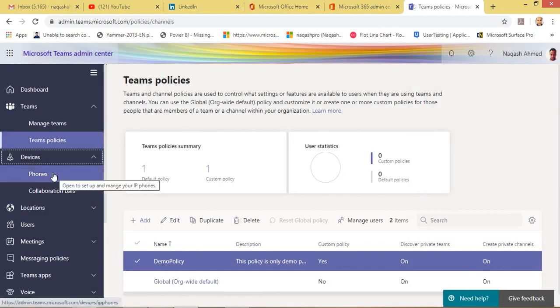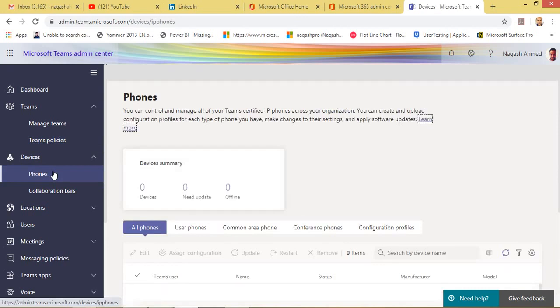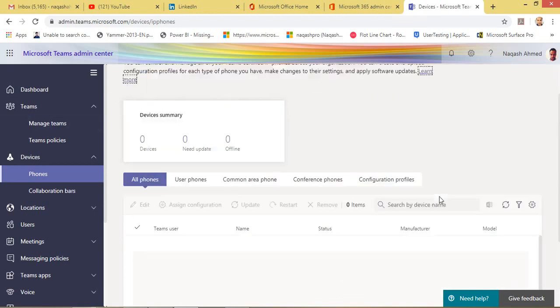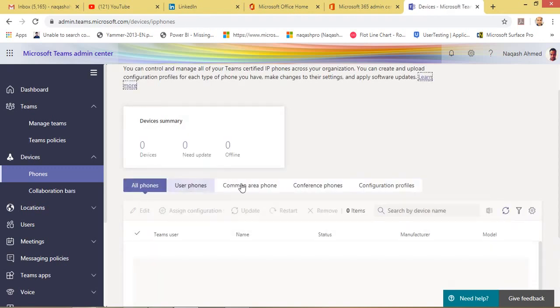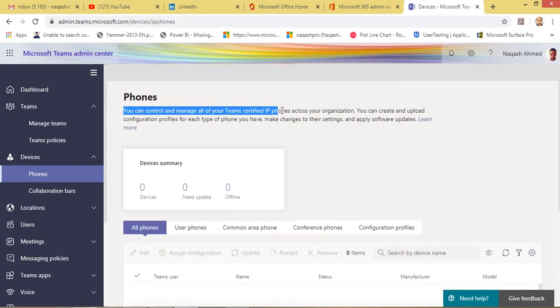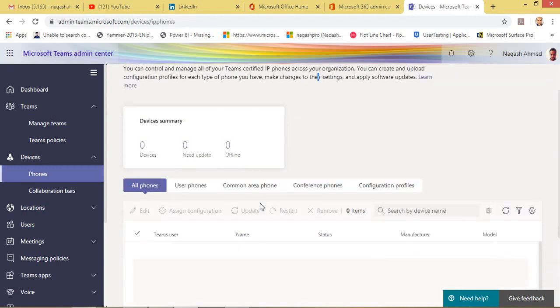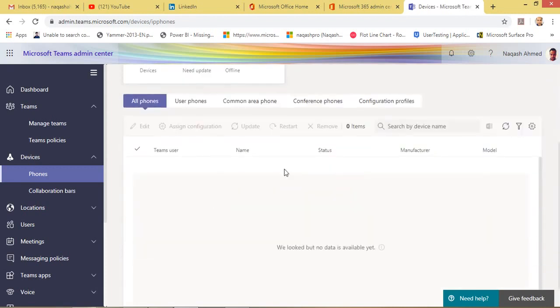Let's go to the next section, devices. In devices, it's about how you manage the devices in your organization, because in Teams it is all about calling and having conference calls. So you need devices like IP phones, conference phones, projectors, anything. You can add those here, because right now I have no phones here. It's an optional step, but it's a good thing to use. You can manage all your phones, your settings, and your policies for your devices right from the Teams Admin Center.